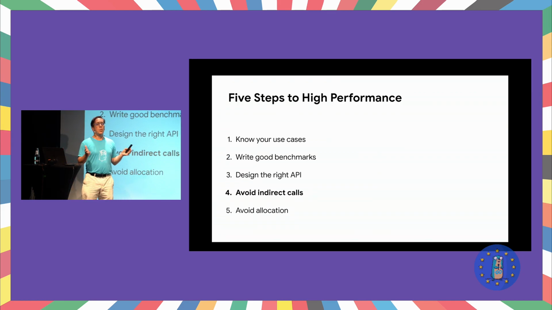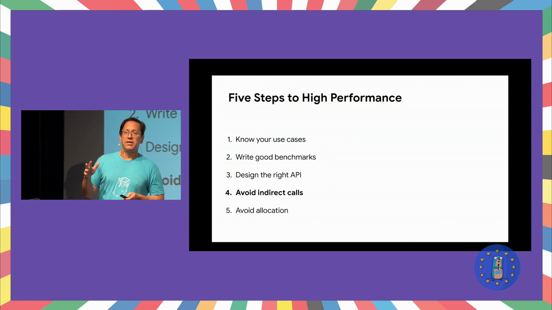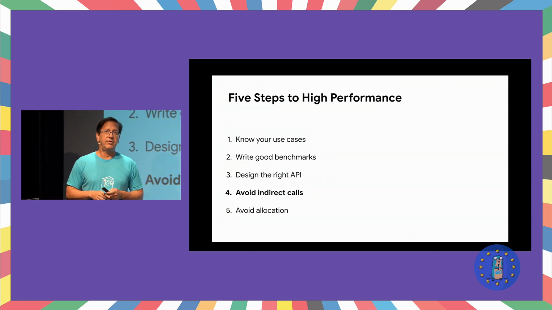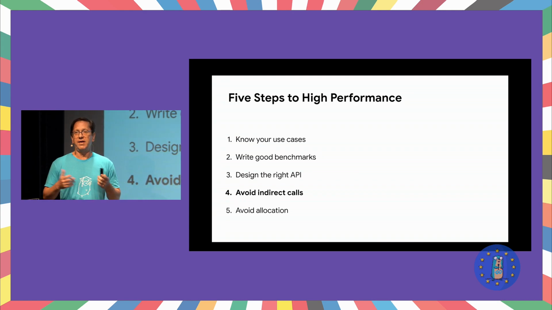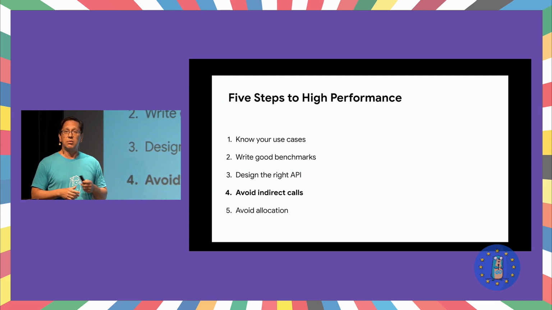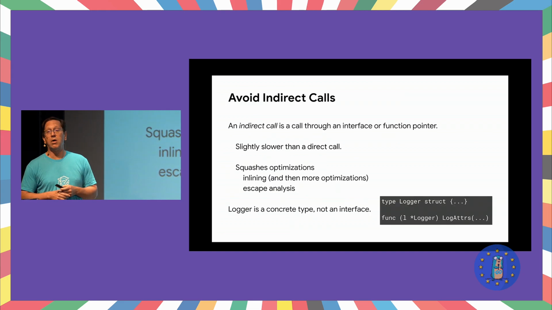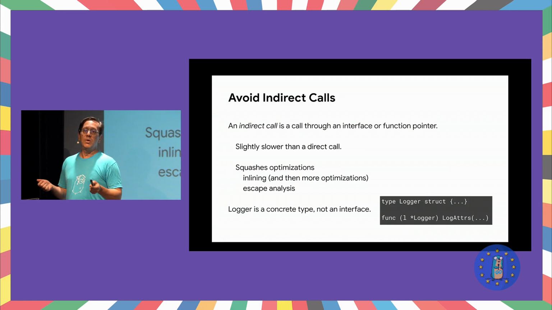Now, these last 2 points, I have to insert a warning here. I'm going to talk about low-level optimizations, and everything I'm going to tell you is wrong for almost all the time you're writing code. You should only do these things when you need it. I will repeat that several times. In case there are new Go programmers in the audience, these are advanced performance techniques, not normal coding. So the first is about avoiding indirect calls, by which I mean a call through an interface